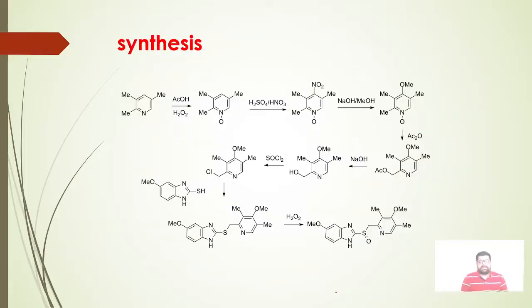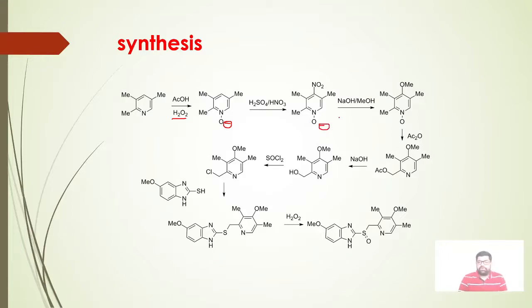So friends, the synthesis is also very classical and very useful for organic chemistry students. So friends, we will start with trimethylpyridine. This trimethylpyridine, when treated with acetic acid and H2O2, will form the N-oxide. So this is the formation of N-oxide. As you know that pyridines are very reluctant toward electrophilic substitution like nitration, sulfonation and so on. We need to form the N-oxide. That's how it will help us for the nitration reaction. So nitration will be directed at the 4 position due to this N-oxide and we get the 4-nitro N-oxide derivative.